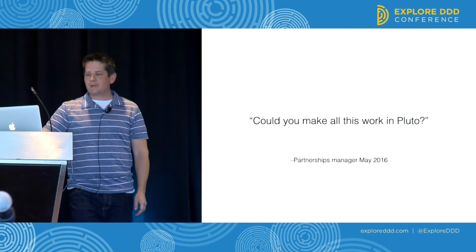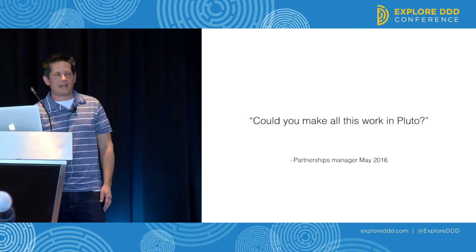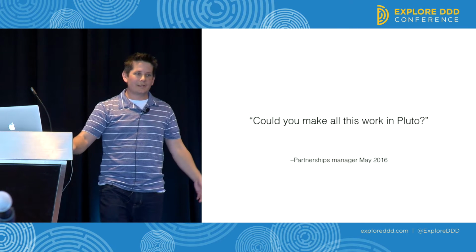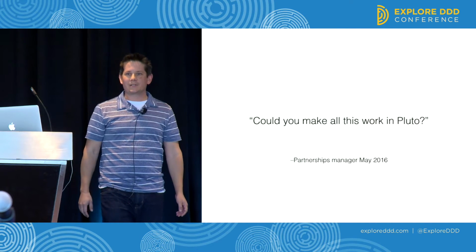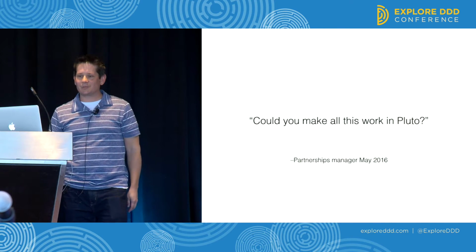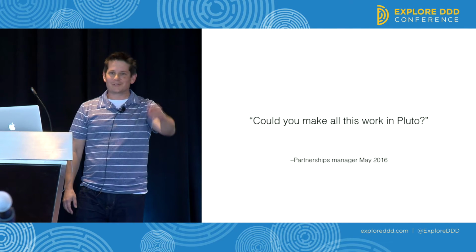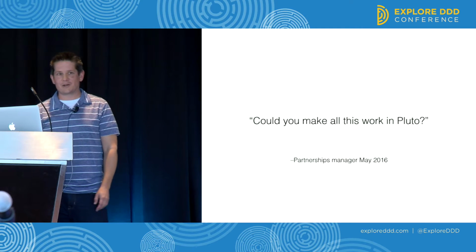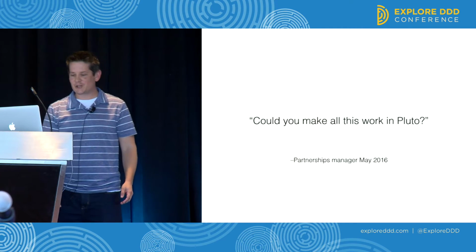And then one day, I was in a meeting, and I got asked this question. And Pluto is what we call our admin system. For some reason, 8 years ago, someone started naming all these things after planets. And Pluto is the last one. No longer a planet, and yeah, that's an inside joke. But